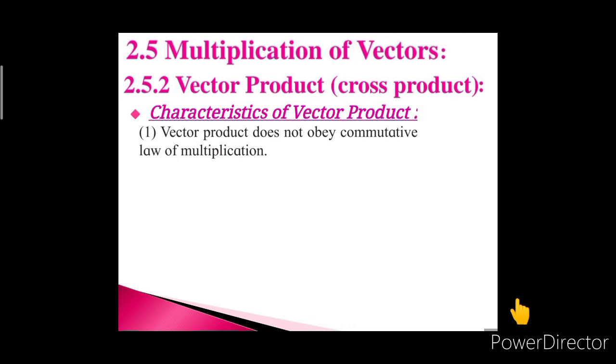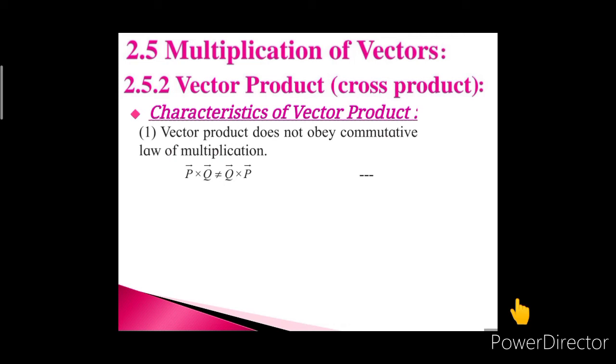As we have already discussed, when we change the order of multiplication, the magnitude may be the same, but the direction of the resultant for the multiplication of the two vectors will be different when we change the order of multiplication. Like vector P cross vector Q,